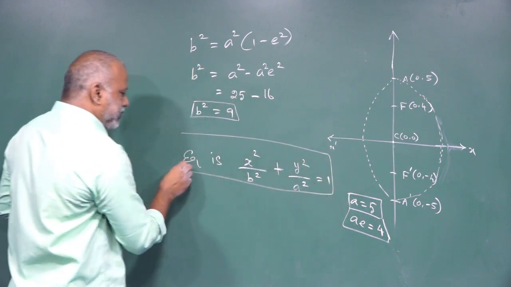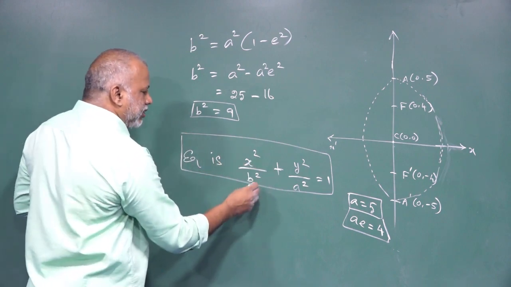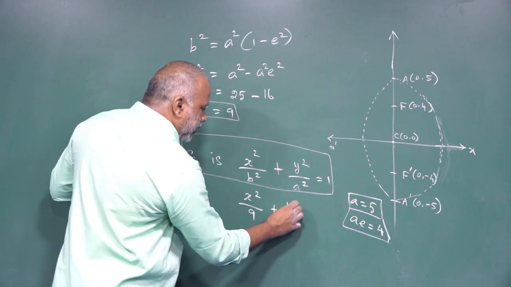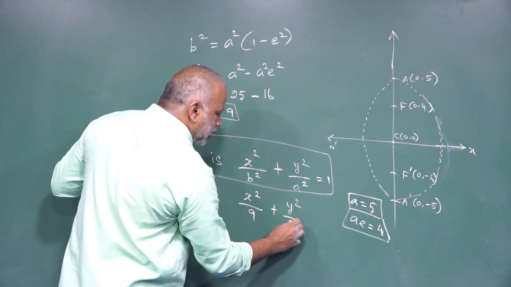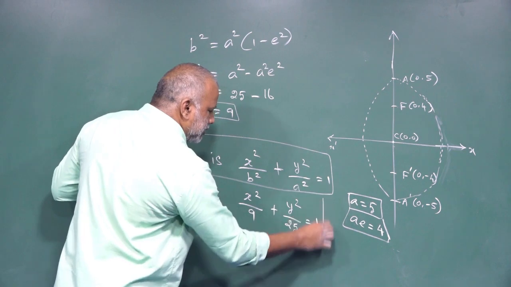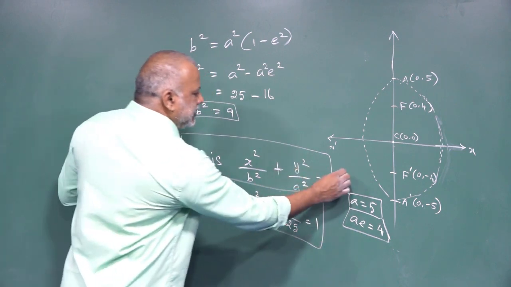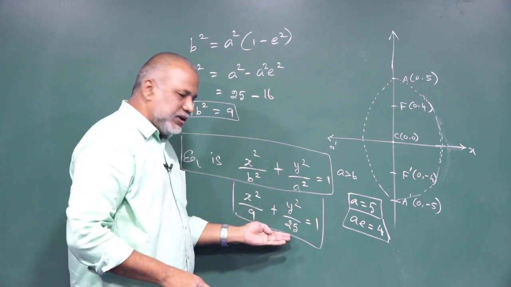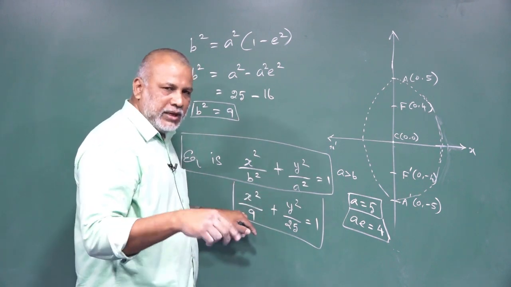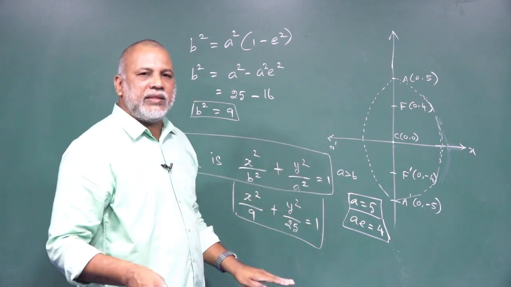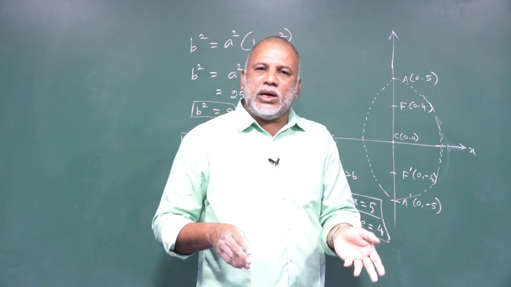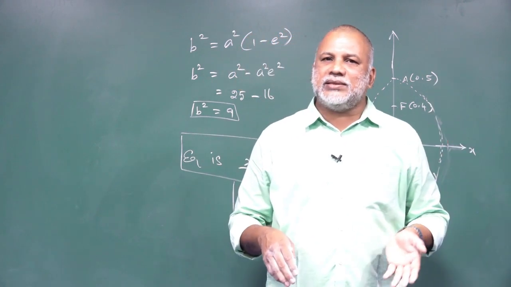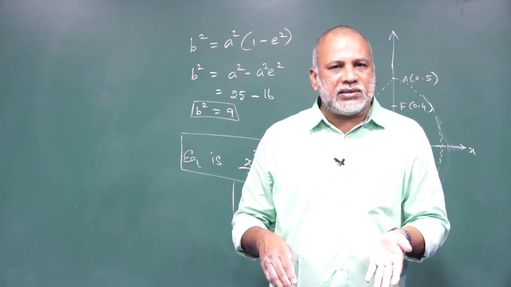So we already worked out this is the equation of the ellipse. Just replace the value of b squared. x squared divided by b squared, that is 9, then y squared divided by a squared, that is 25, equal to 1. So always a is greater than b. You can verify this one. a squared, a means 5. b squared, b means 3. a is always greater than b, whether it is type number 1 or type number 2. Type number 1 means the major axis is along the x-axis. Type number 2 means the major axis is along the y-axis.